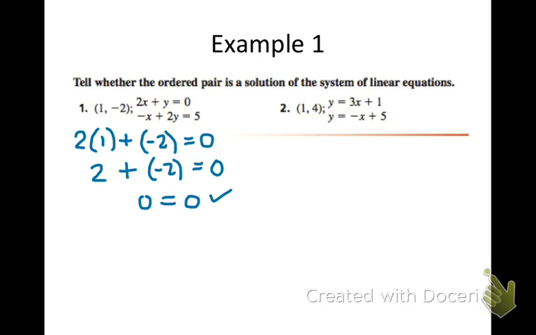And then we'll substitute it in for the second one, so it works for the first equation. So if we have the opposite,